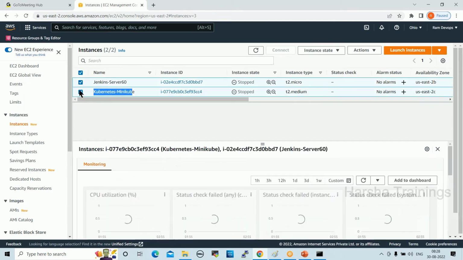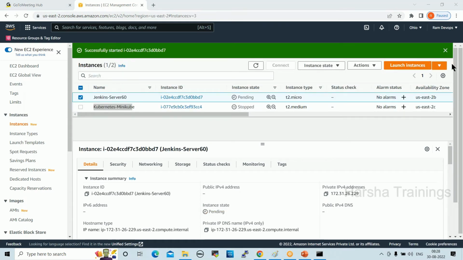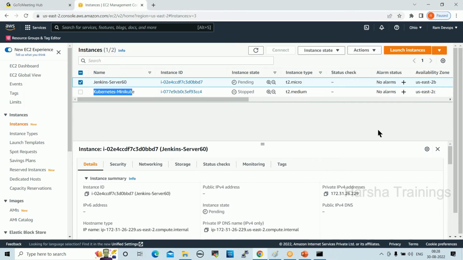For example, when I start this server, the server is starting here. See here, one IP will be available. When I start the server, one public IP will be available.